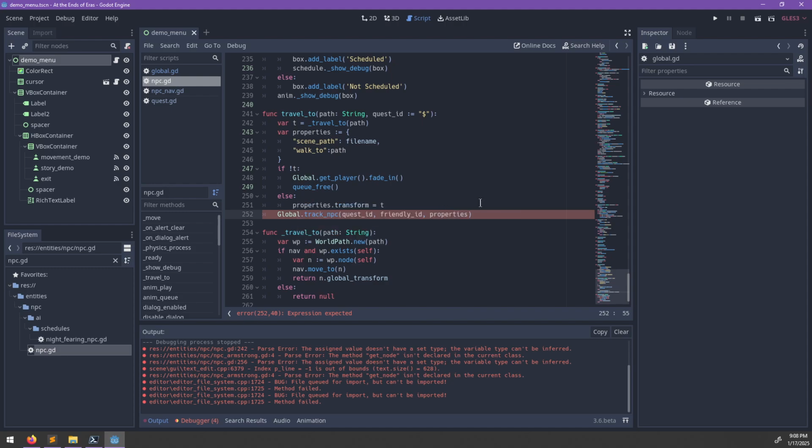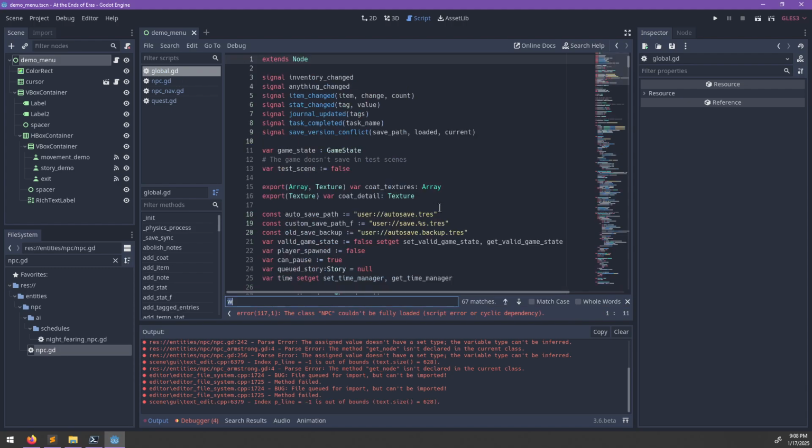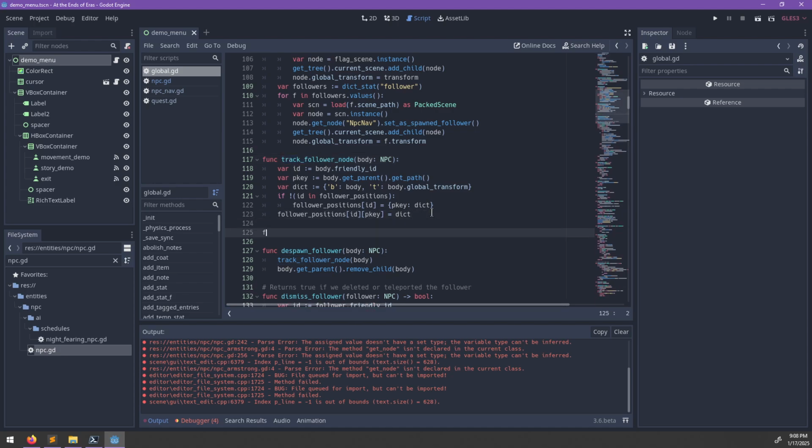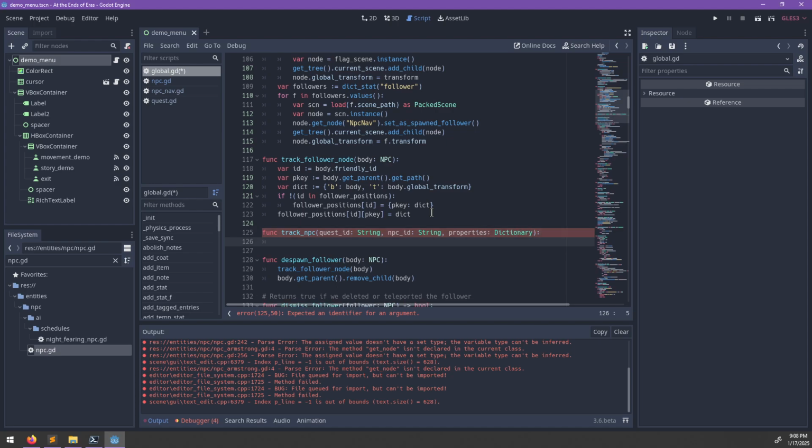Properties. Okay, function track NPC quest ID, something ID, NPC ID string, properties dictionary, so it'll be